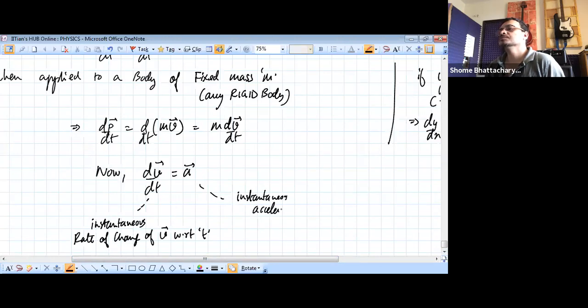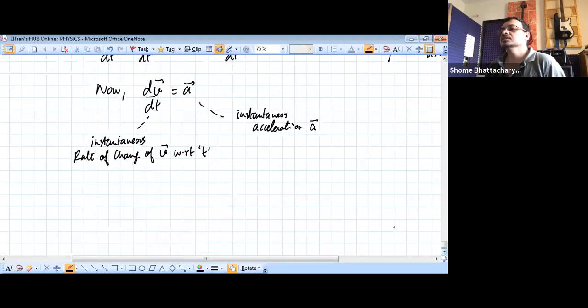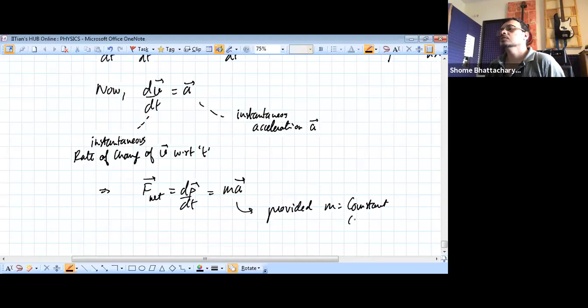So we have the relation that net force, which equals the rate of change of momentum, becomes equal to mass into acceleration, provided mass is constant or fixed. So your Newton's second law gets modified to the more